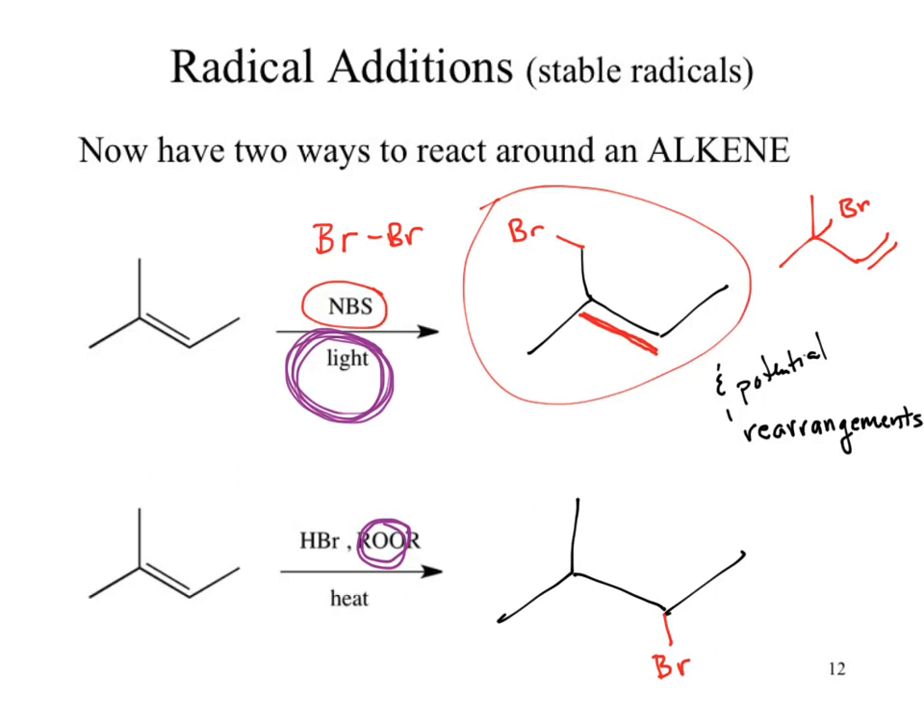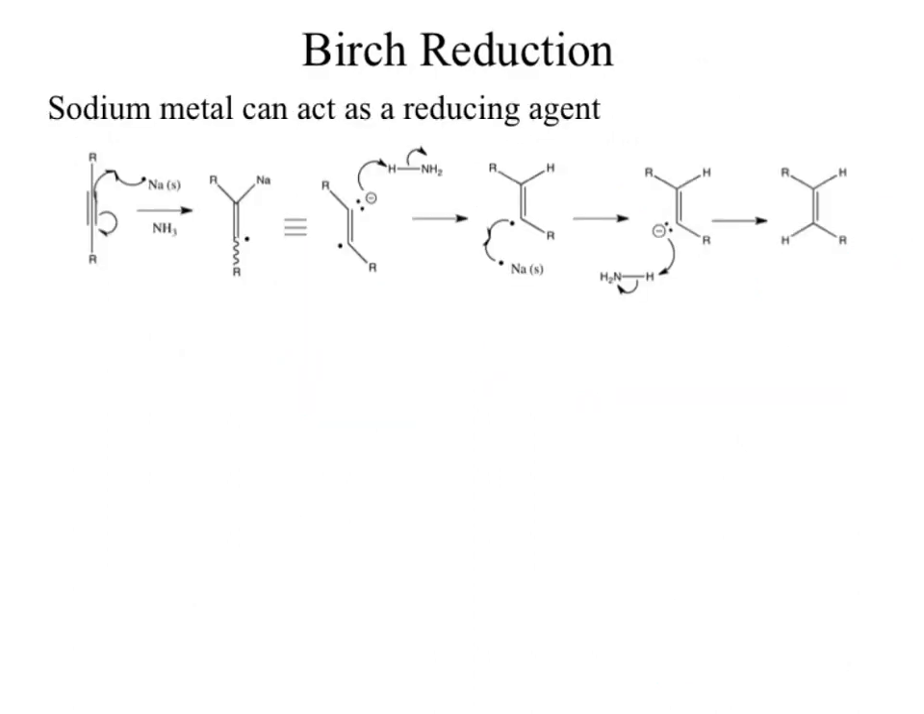One of the last things that popped up in your homework was something known as the Birch reduction. There's only one question on it, I hope. It is using sodium metal, because sodium metal can act as a reducing agent. If you watch the rest of the alkene chapter, sodium metal can be used to reduce alkynes. Take a look at the final product out of this whole mess of a mechanism. What happened when we reduced the alkyne? One, two, three, triple bond, and we end with